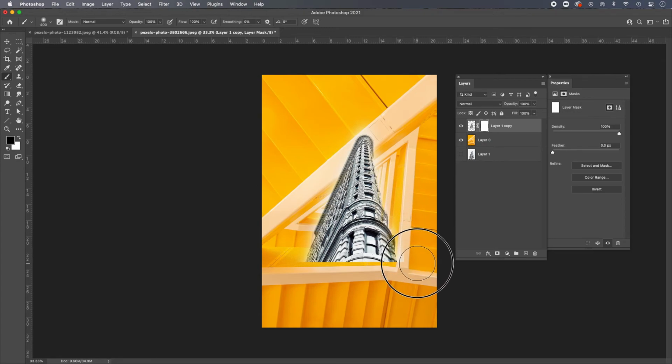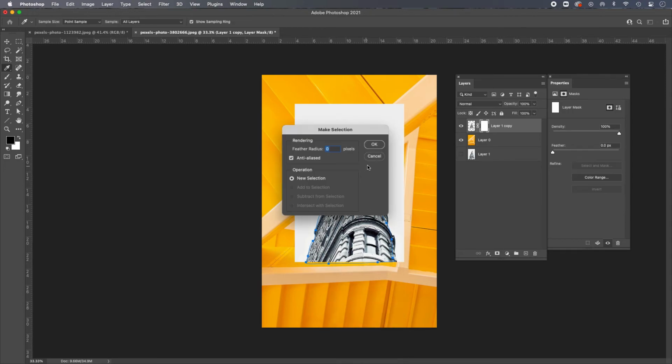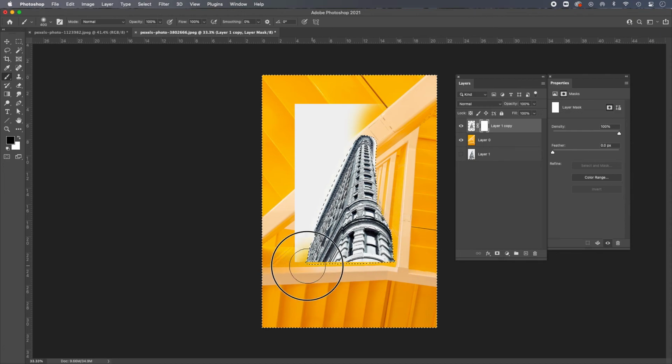I can do that with a brush like this, or if I wanted to, I could be very specific. This is down the road, but I could use what's called the pen tool, and I'll do this very quickly. I could make a very specific selection. This is horribly unspecific. Make a selection of that, and then I can use that as a mask. So I can actually invert this selection, Command-Shift-I, and that gives me a selected area in which to use my masking brush. So I can be quite specific with masking, but the point in this case is that